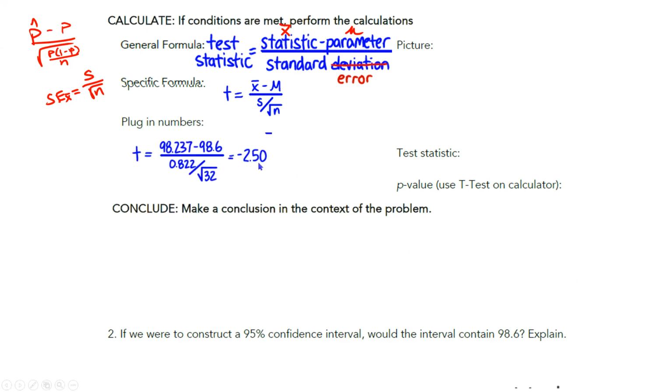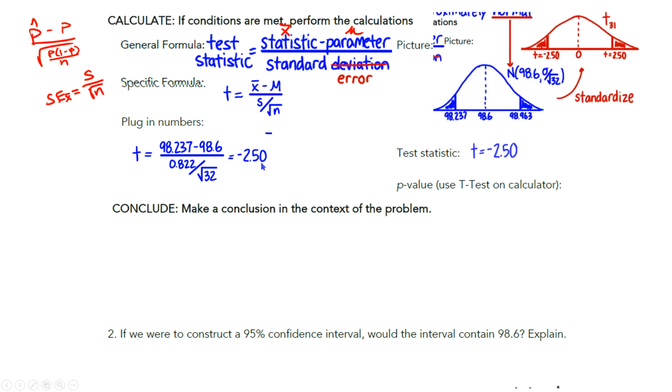So we get a t of negative about 2.5, which is our test statistic. Pictures there to kind of illustrate the point. And the p-value came out to be 0.018. So our conclusion, which you have the Mad Libs for from the notes you just took,